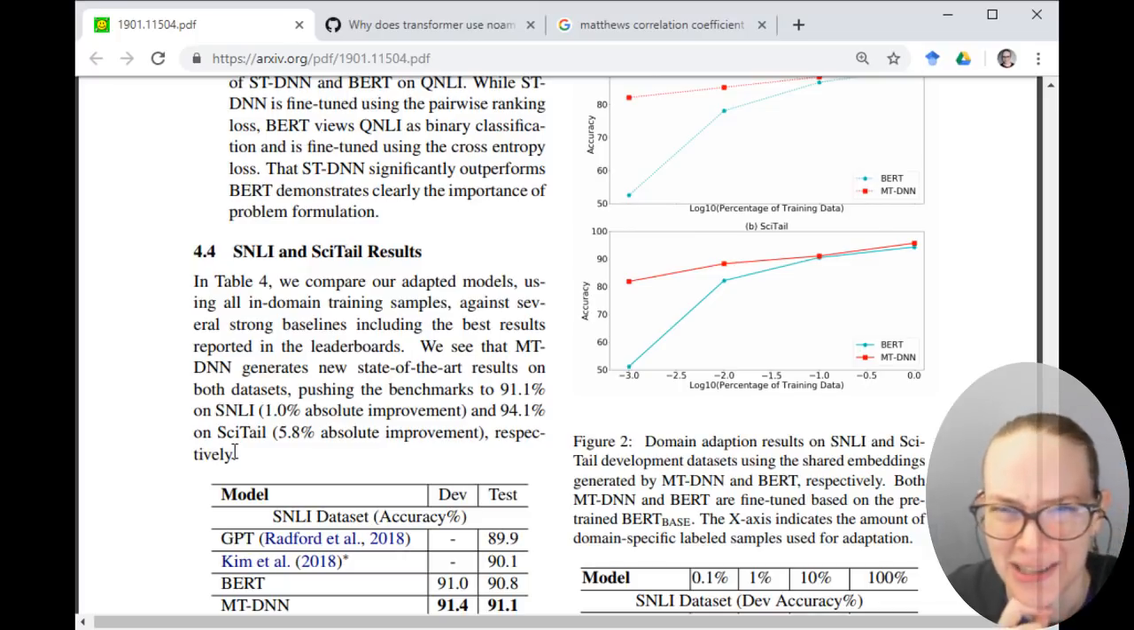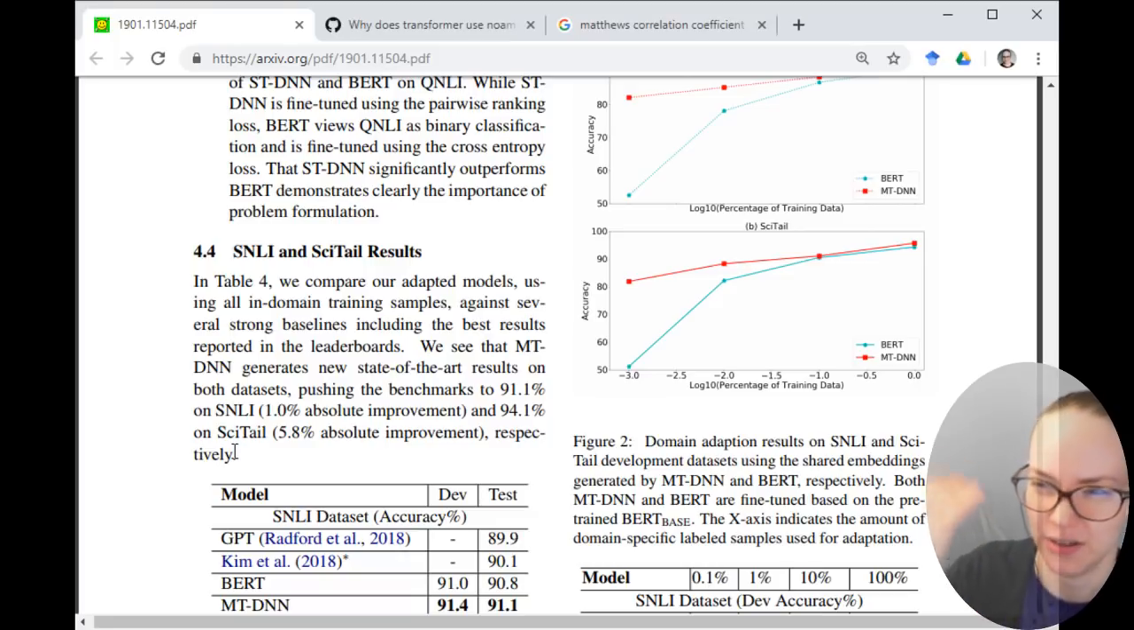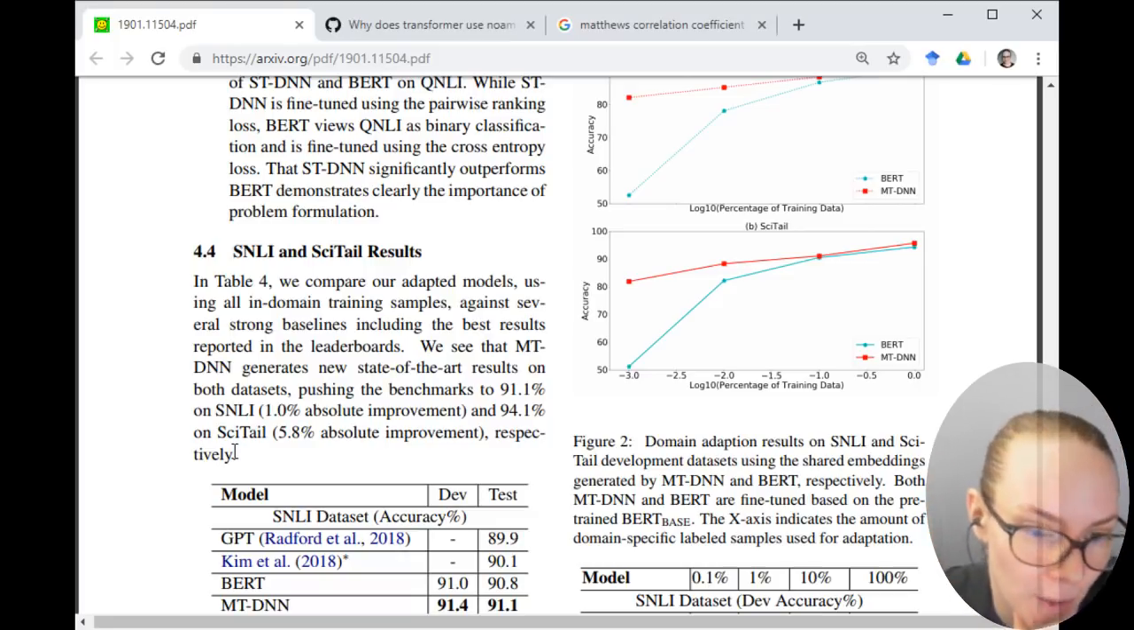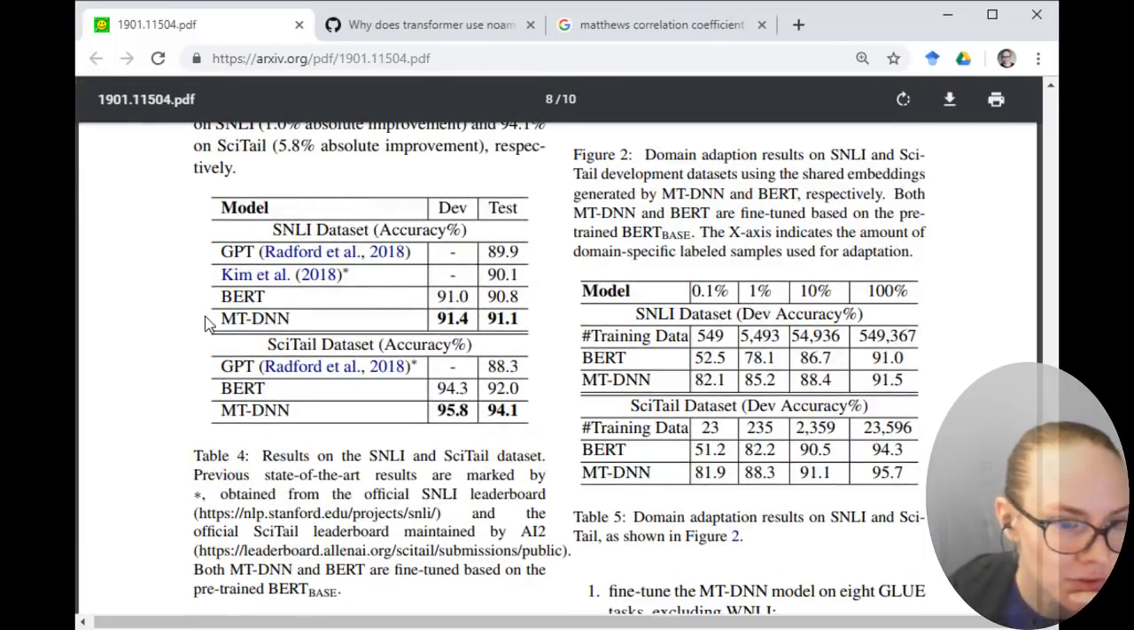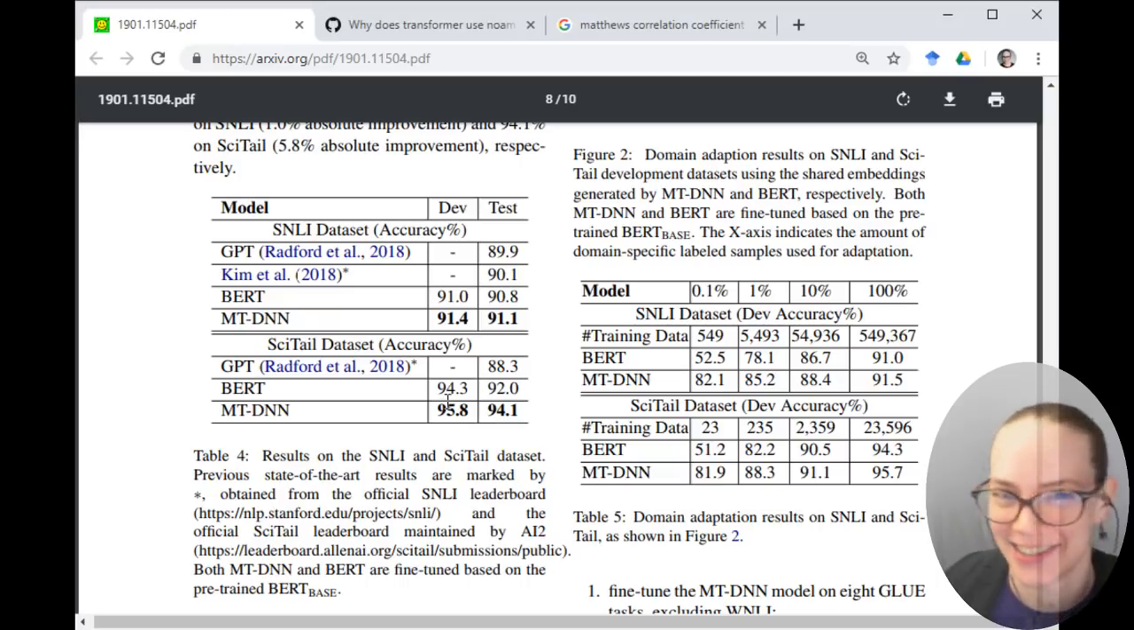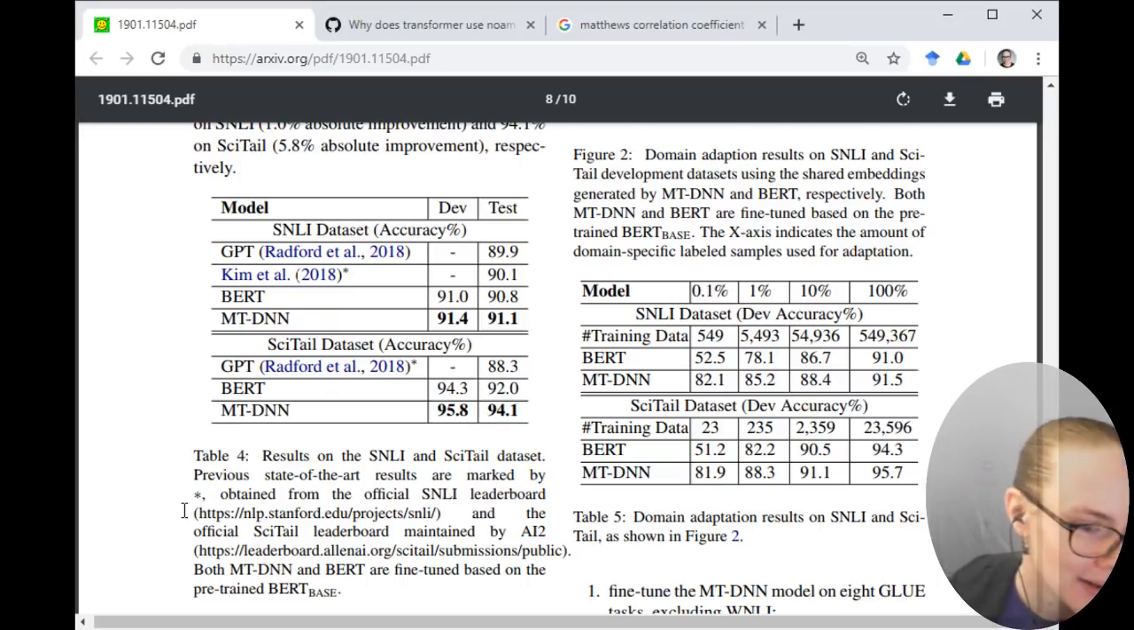I think Scytale might be a slightly less popular task, so if fewer people have done it, it seems like it would be easier to get a much better result, respectively. All right, so here's Table 4, and oh look, their model is better. I mean, this is just like your standard machine learning paper